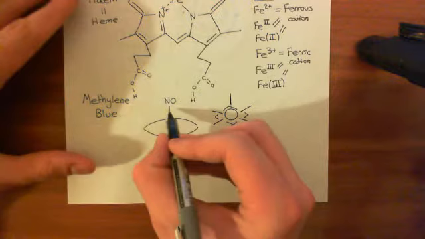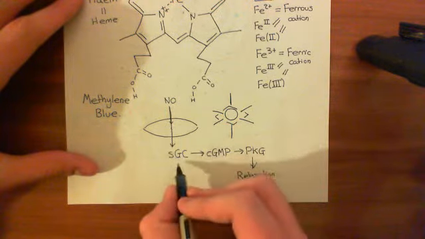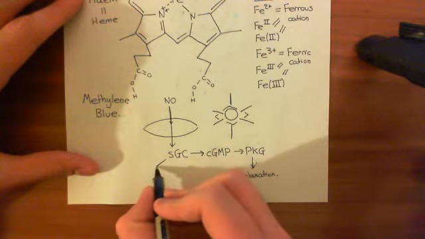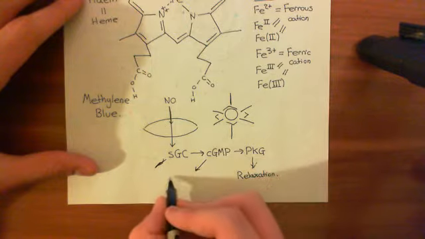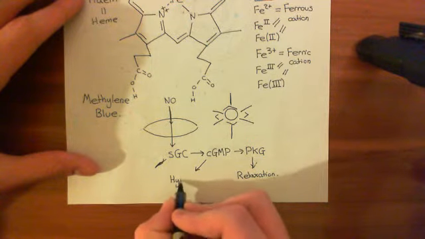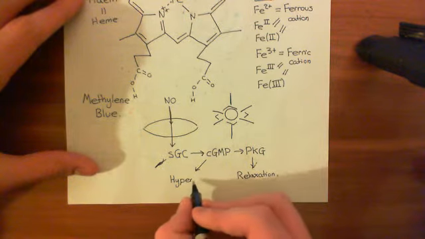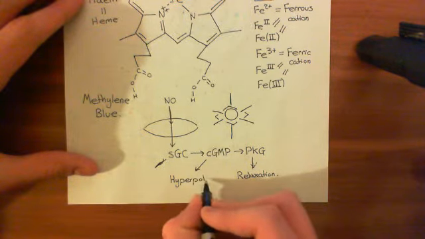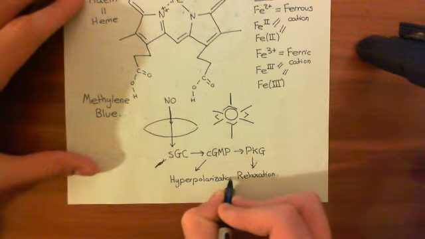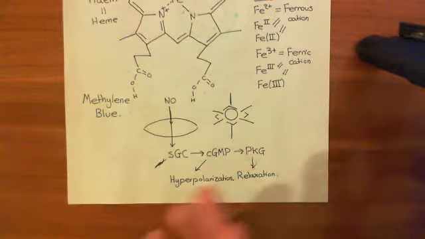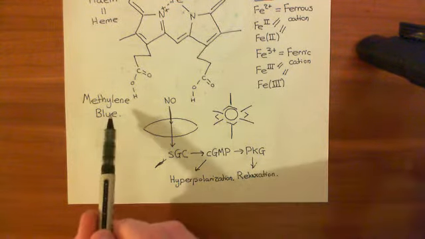So we wanted to test whether the nitric oxide was interacting with the soluble guanylate cyclase, and then whether by some cyclic GMP mechanism this also caused hyperpolarization. Whether it was through protein kinase G or not, this assay wouldn't have told us. Now, you might think, well, why is he doing this second experiment? Surely we've already confirmed that through the hemoglobin, but this one adds to it, basically. So, what he did is he applied methylene blue.